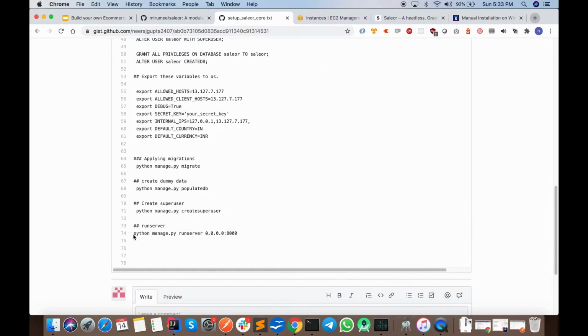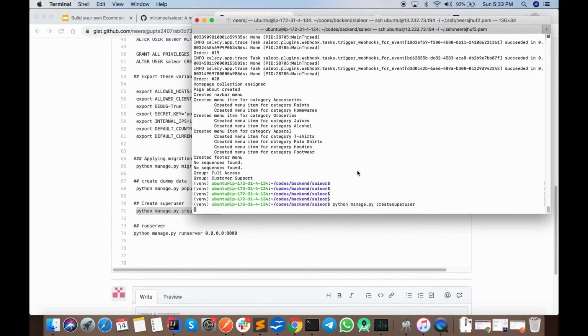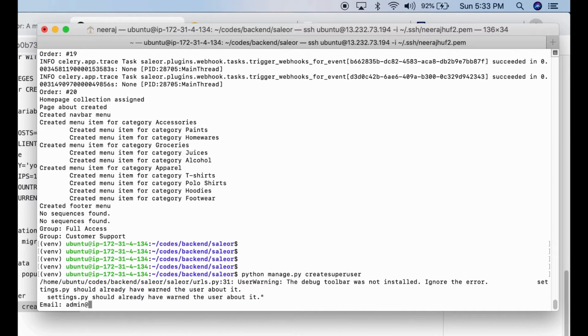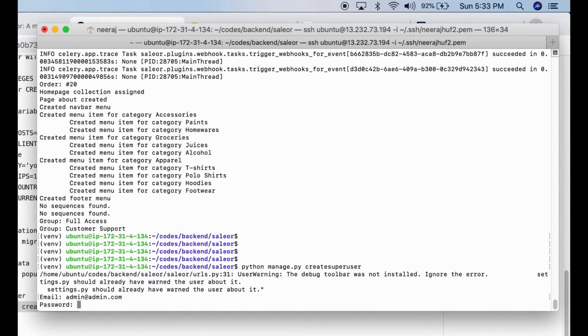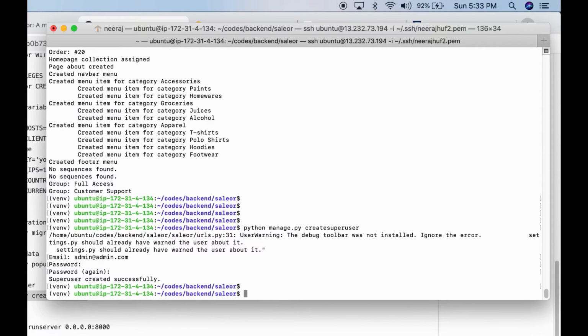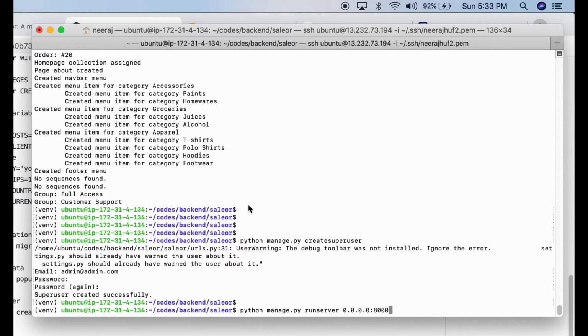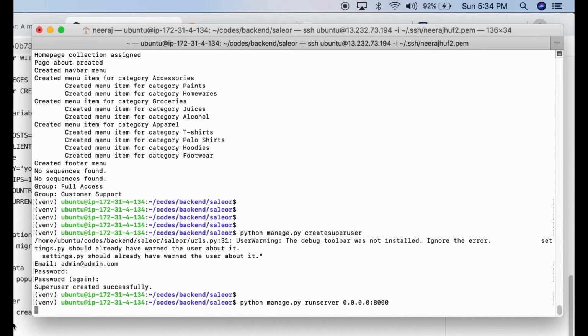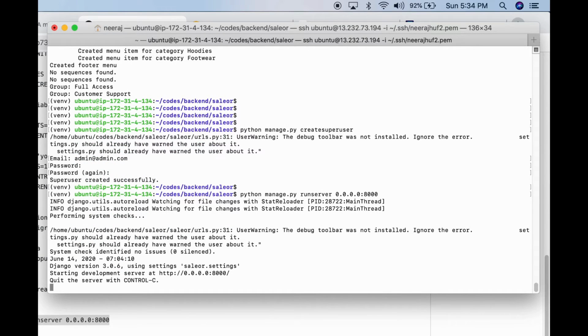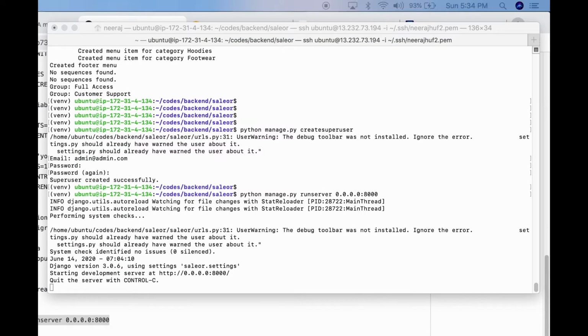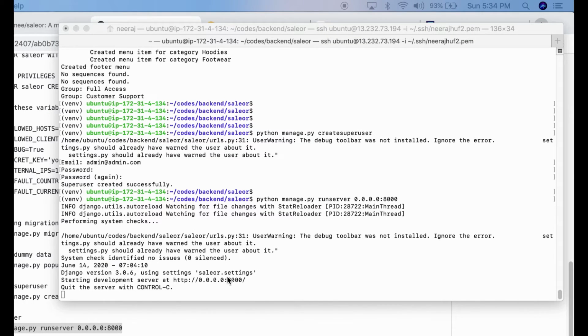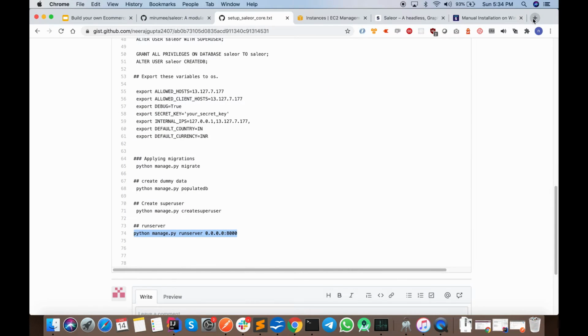Let's run our server now. Also, we are going to create a superuser. This superuser is going to be used to access the dashboard. Now I am running the server on port 8000.